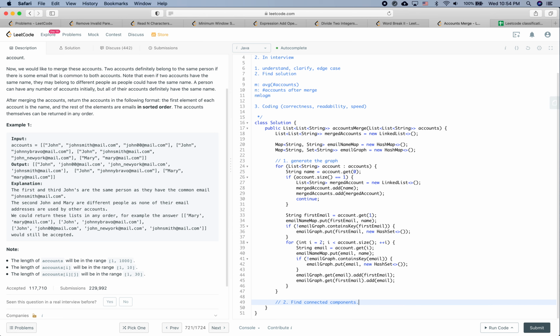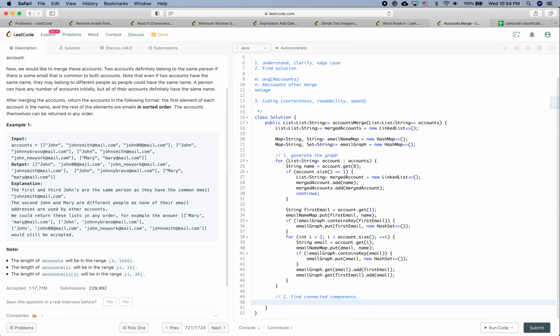Alright, so I think I kind of know it. First of all, we need to define something called the visited, or maybe seen email, which means we don't need to visit our emails in the seen email anymore, because in DFS we just need to visit each node just once. So set email is equal to new hash set,